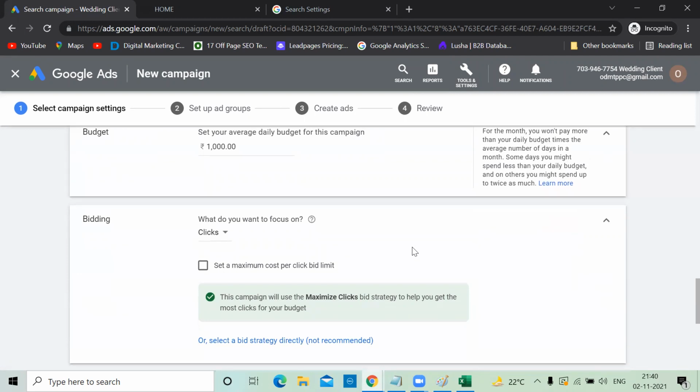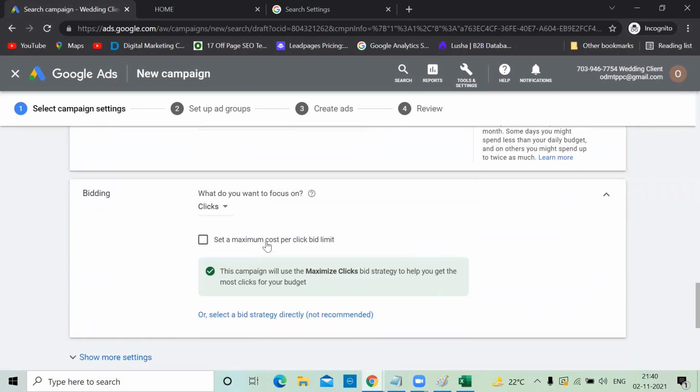As said, manual and automatic bidding. Some trainers saying manual is good, but I've tested it's not good. Go for automatic bidding only. You save a lot of time and money also. Now, by default, Google also maintained automatic bidding only. 1 year back, it was a manual bidding they were suggesting. Now, automatically, they're suggesting automatic bidding with a max CPC option.